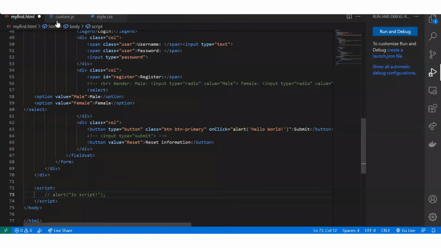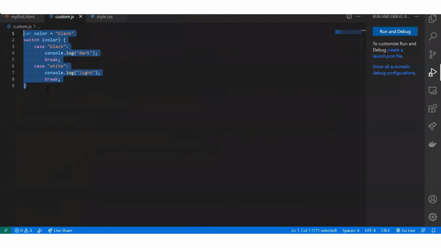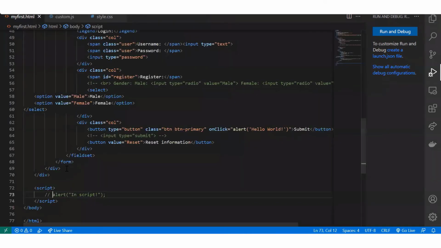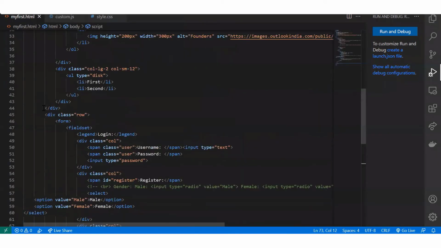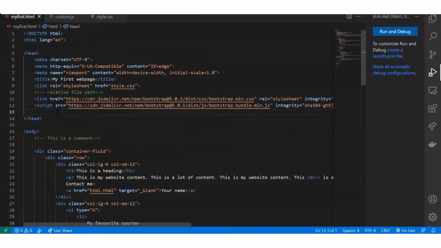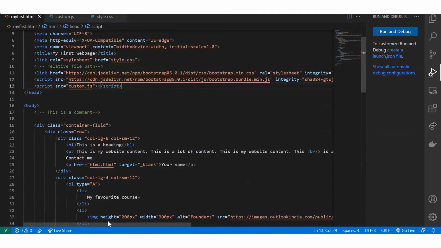And how would you add external JavaScript? Just by linking this custom.js, let's say, whatever external JavaScript you have, you can simply add that in your HTML page. So you can see script src is written. This is the script which Bootstrap is using. You can add similarly script src, and then I would simply write, let's say, custom.js, and this is how you would include your script file in your HTML page. So this is how you would include these things in your page.